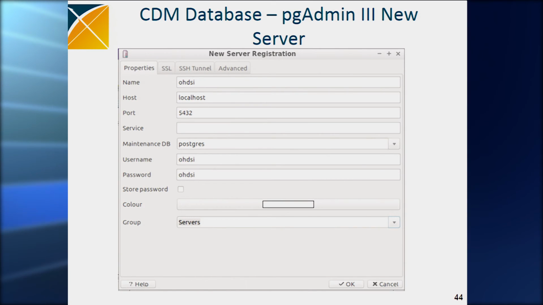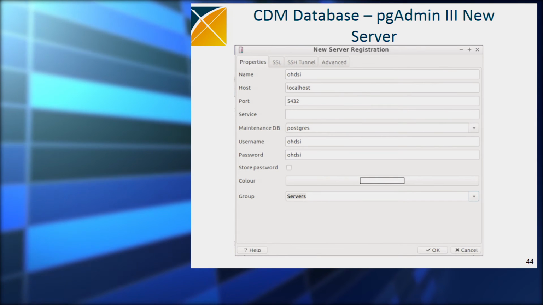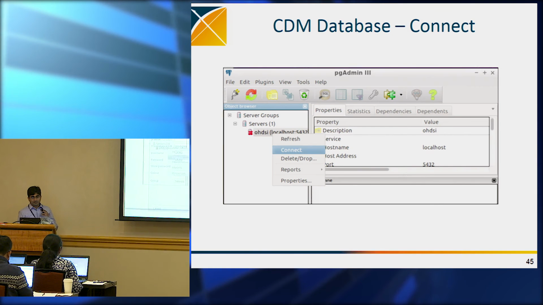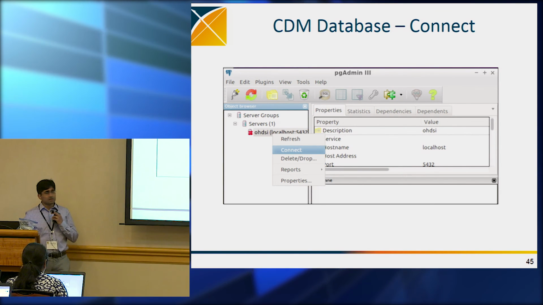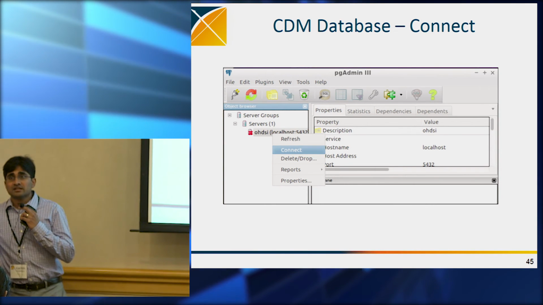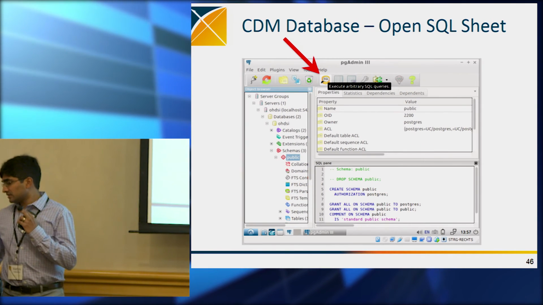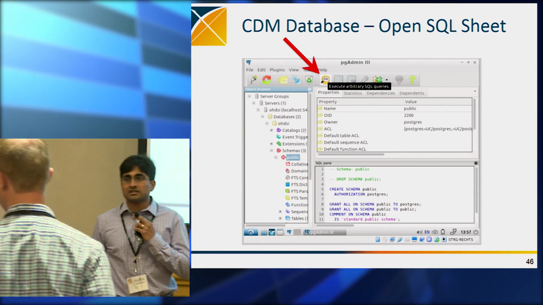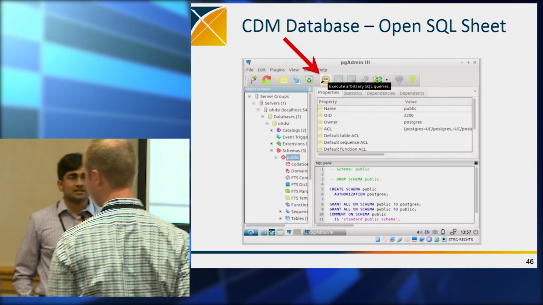Okay, I think most people have Postgres connected. If you double-click on the database called Odyssey, you should be able to connect to the database itself.